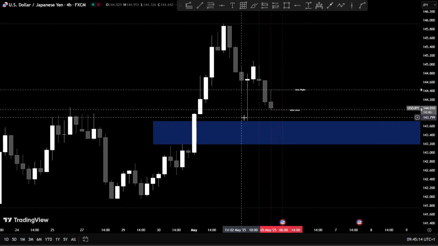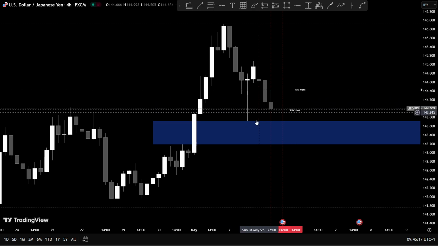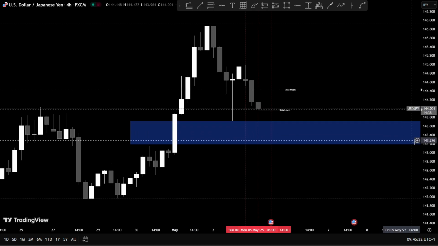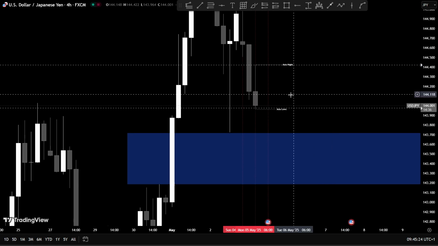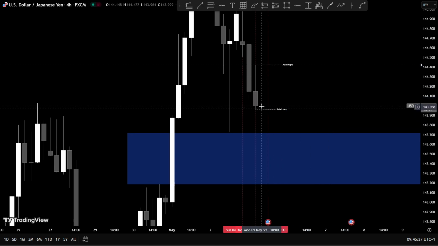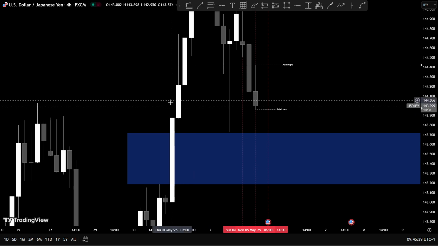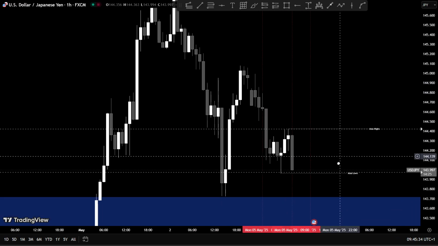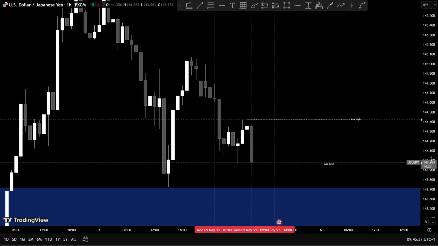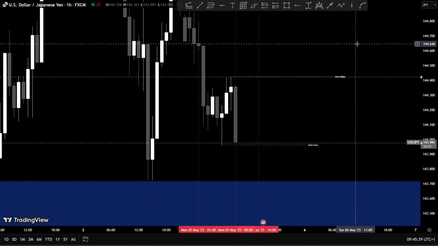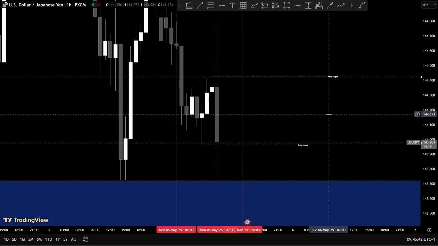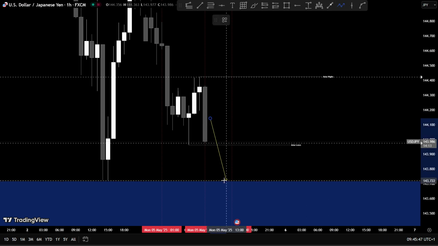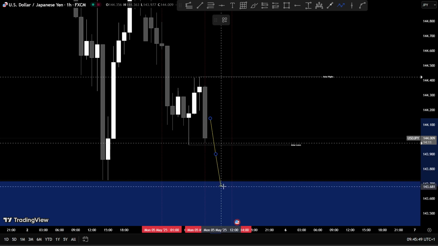and if I want to take a short, a push lower to take out these 4-hour lows and hit this 4-hour fair value gap combined with the daily fair value gap, and/or a push lower that takes out the Asian session lows and a retracement off of this already used fair value gap. So if I want to take a short or a long, we currently have much potential to take a long. Why? If we just sweep out this low, these Asian session lows, or even these lows,